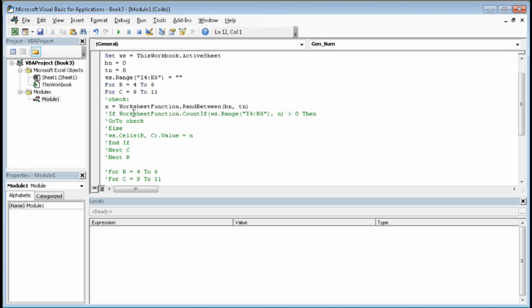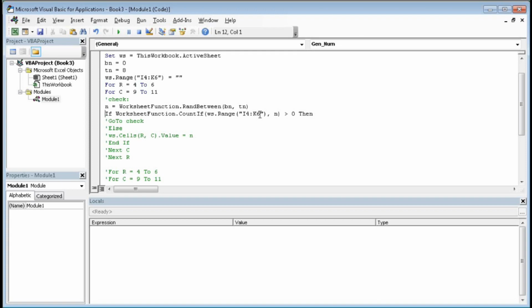Now if WorksheetFunction.CountIf(ws.Range I4 to K6, n) greater than 0, then, that means we are counting the number of n. Suppose the value of n is 6. So we will count, is there any 6 within this range I4 to K6? If we get greater than 0, that is 1 or 2, any, that means we have that number within this range.